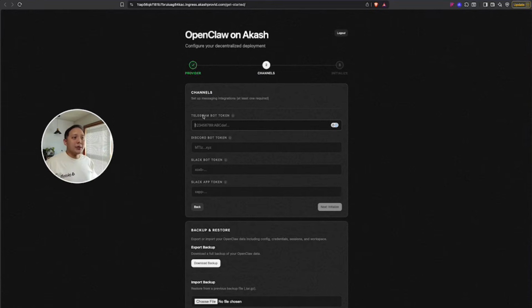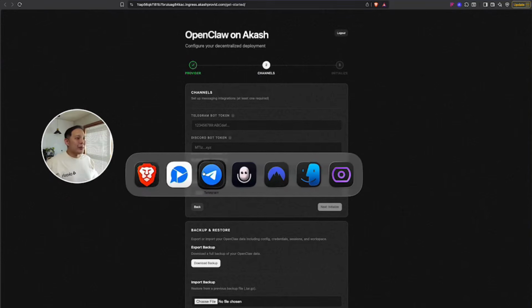It's now going to ask me for one of my messaging apps. So in this case, I'm going to use Telegram. I really prefer Telegram because they have something called BotFather, and you can create as many bots as you like, and each one is going to be in an isolated chat for you to use, and I prefer that over sharing any of my Discord or Slack tokens. So I'm going to go here